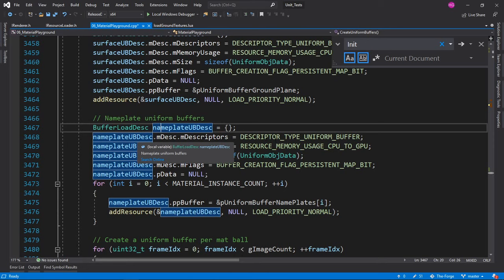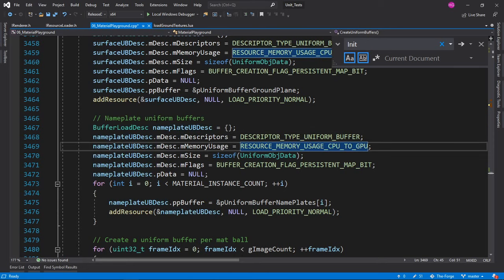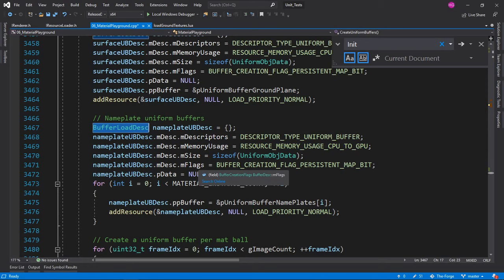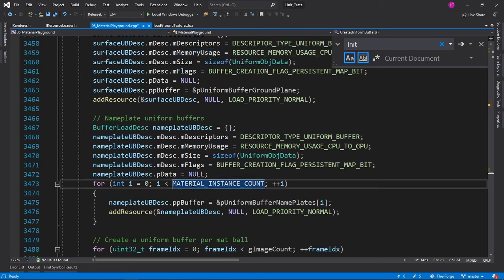Buffer load descriptor. Interesting. So this is going to describe how to load the buffer, I believe. Let me see what they're doing here.